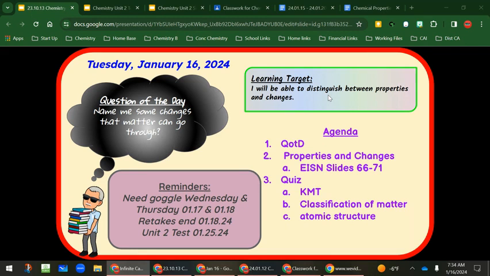What's that? Boiling. Boiling, going from a liquid to a gas. Okay, good. We're getting all those out of the way. A couple more we could hit. Condensation, going from a gas back to a liquid. Deposition, going from a gas back to a solid. I think that covers all of those. Okay, now what are some other changes matter can go through?